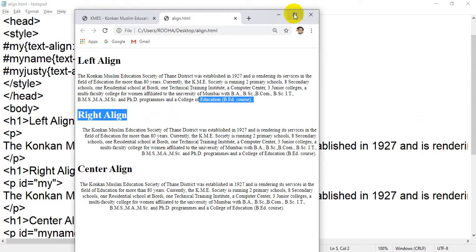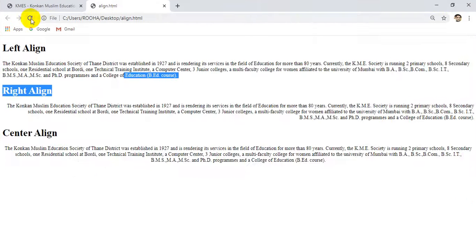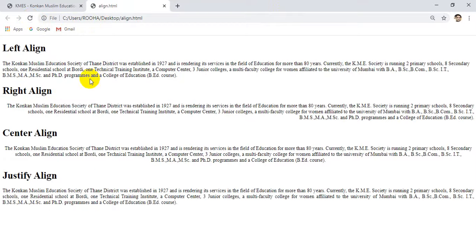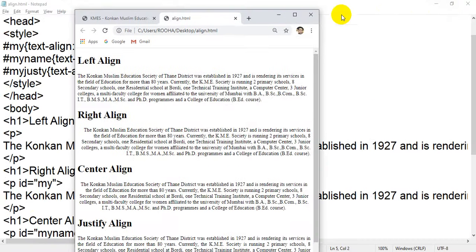Just refresh the page. Now I have added one more paragraph. See, currently you can't see the change between justify and left align, but see the changes when I reduce the size.